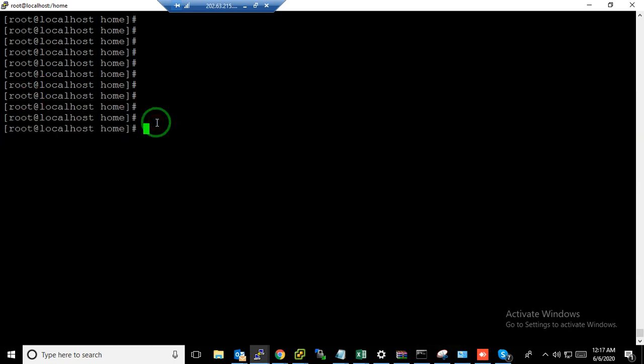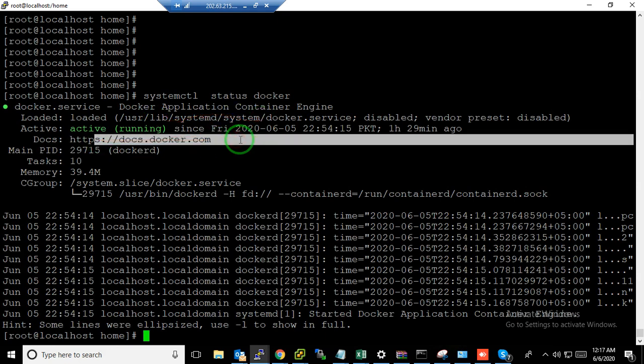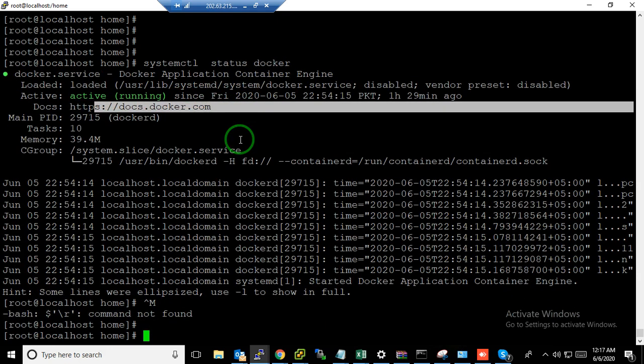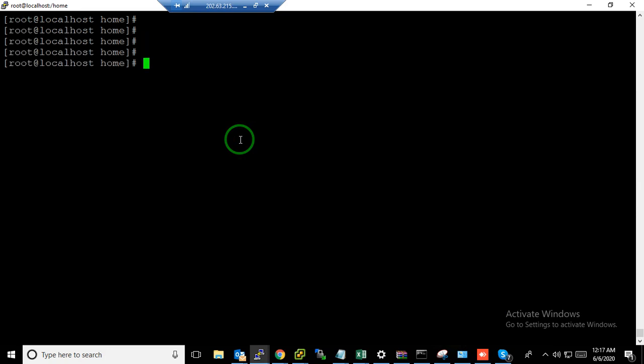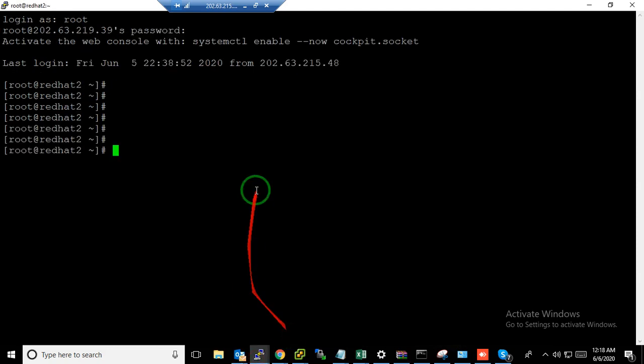For the container, we need services like Docker. So let's see whether Docker is running or not. Let's check on my Jenkins server.